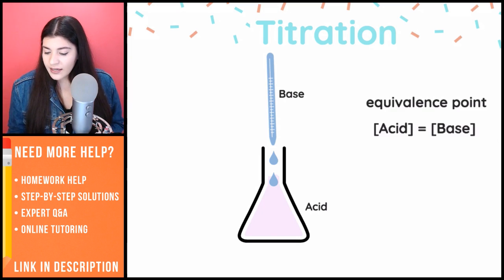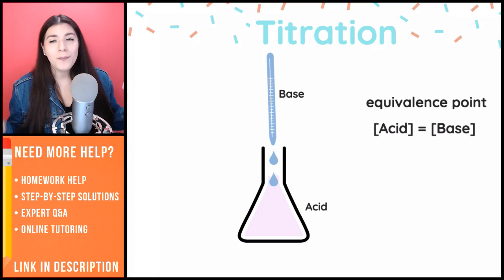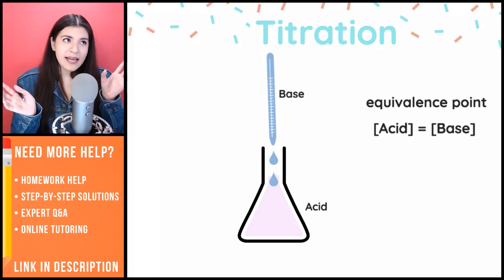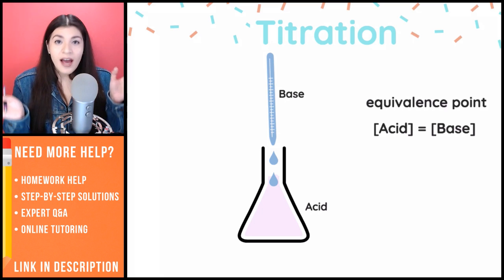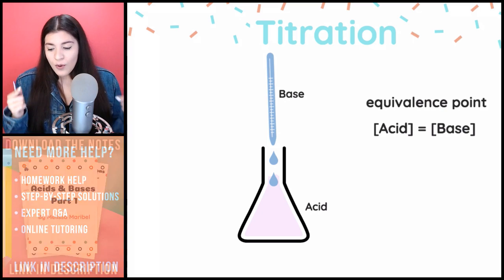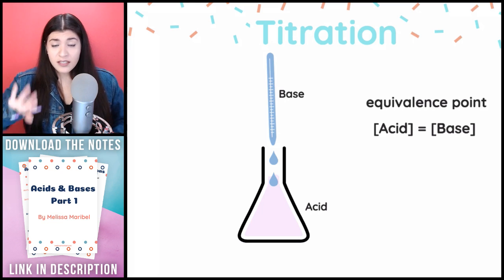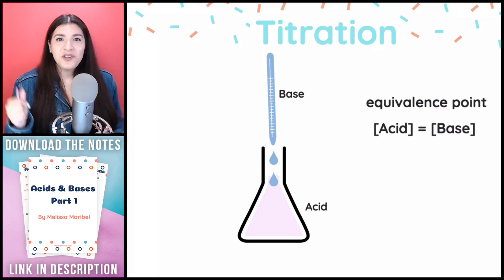So in this case, what that's talking about is we have the same concentration of our acid as our base. That's the equivalence point. You have equal amounts. And I don't want to say the overall volume is equal. It's the concentrations that are equal, okay? So that's something to note when we're talking about these sorts of titrations. Now, this is the goal, by the way, in lab. You want to get to that really faint pink, and you know that you did it right.